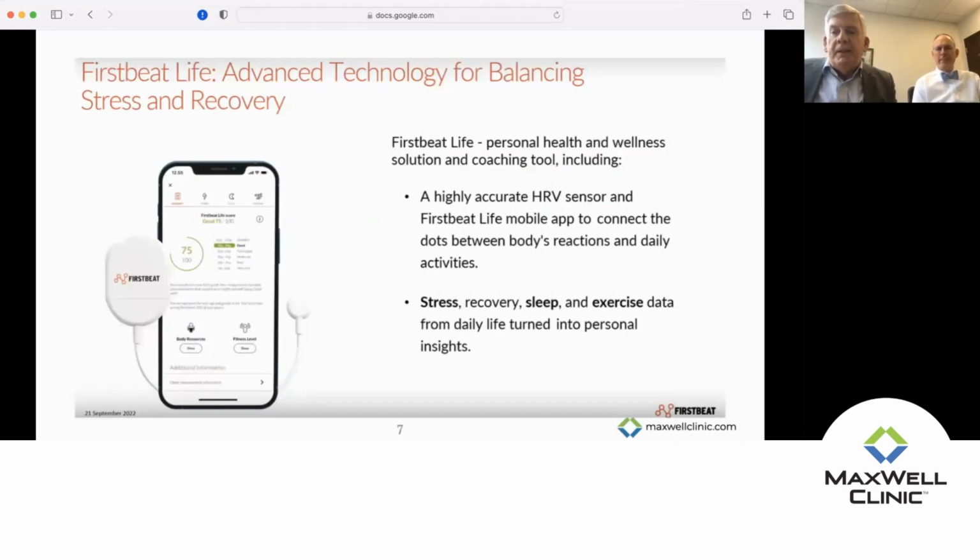We've been using Firstbeat technology at MaxWell Clinic for the last several years. Firstbeat, which is a Finnish company, is really the world leader in applying the science of heart rate variability to helping individuals see their patterns of stress and recovery. They introduced an enhanced version of this technology about a year ago, in which the monitoring of heart rate variability is paired in real time with a smartphone app,